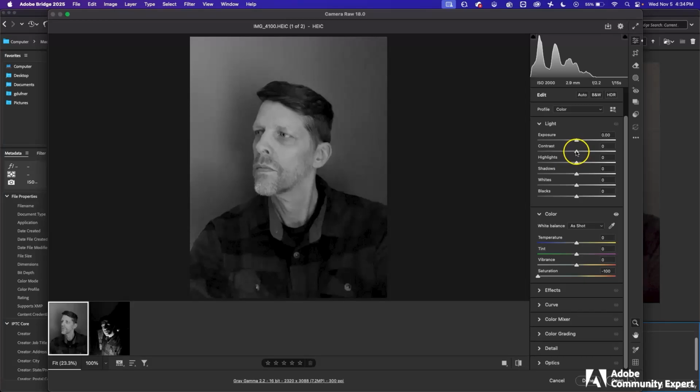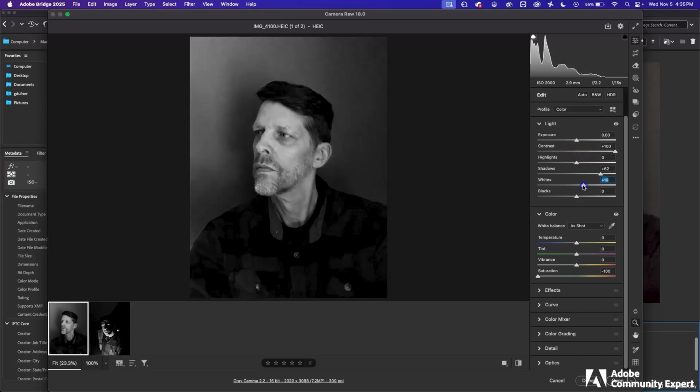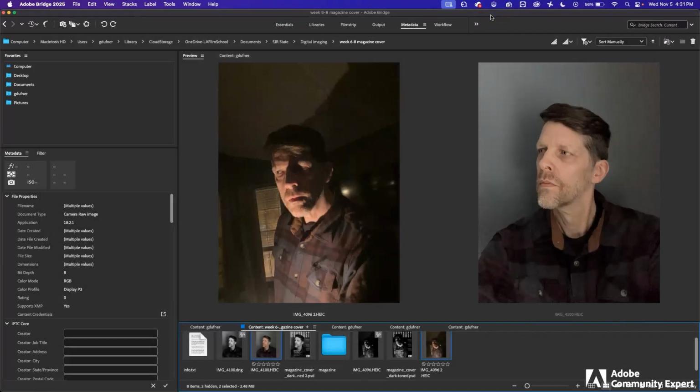In this lesson, I'll show you how I enhanced both of the photos in Camera Raw. I've opened both of the photos in Adobe Bridge. Adobe Bridge is great for managing files and being able to open photos in Camera Raw. Camera Raw is a Photoshop plugin. So once you enhance the photos in Camera Raw, we can open it up in Photoshop to make it into